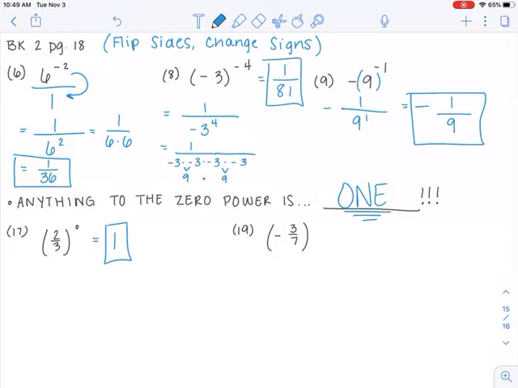Alright, looking at number 19. I forgot my exponent for 19. It should be to a negative second power. I apologize for that. Now when we have a fraction that's raised to a power, that power goes to both the numerator and the denominator. So now I'm going to look at that as negative